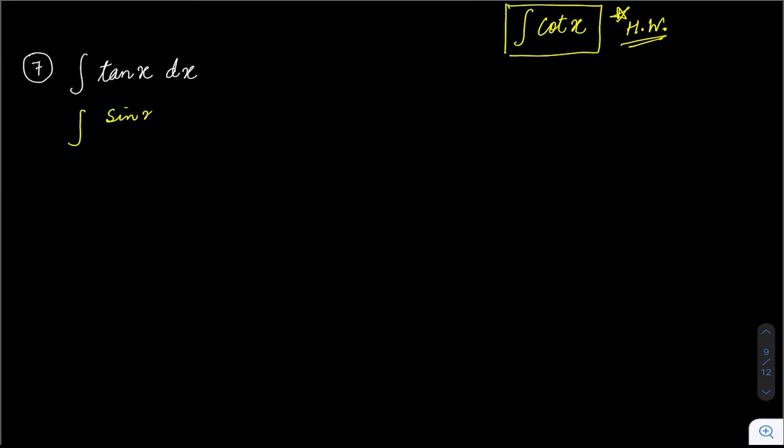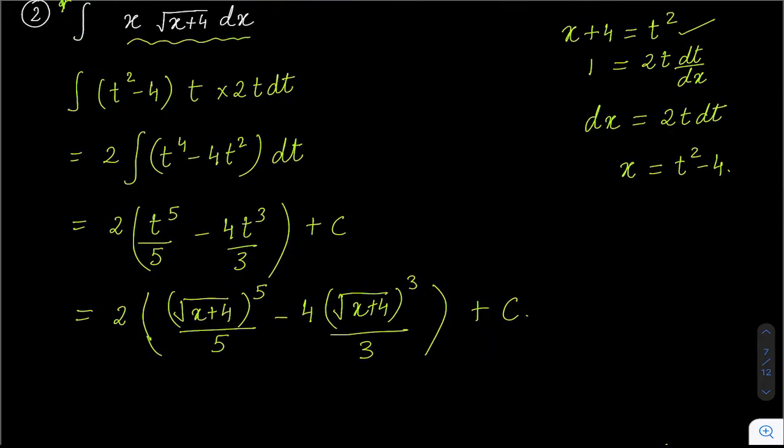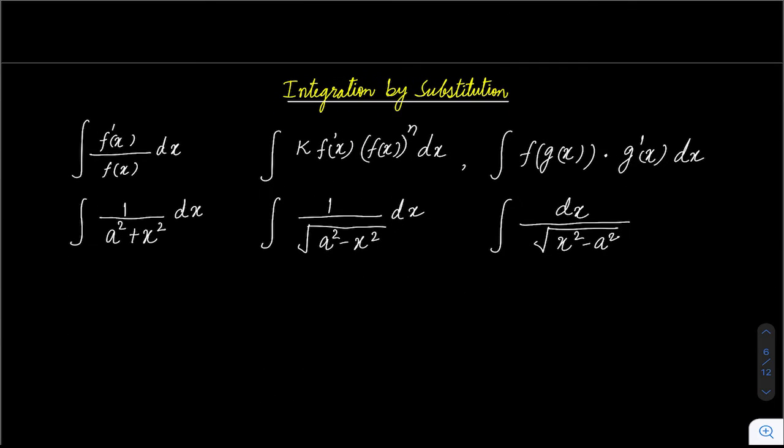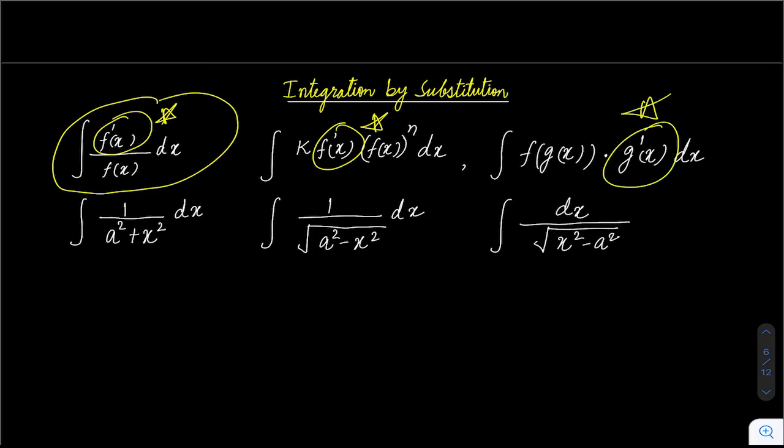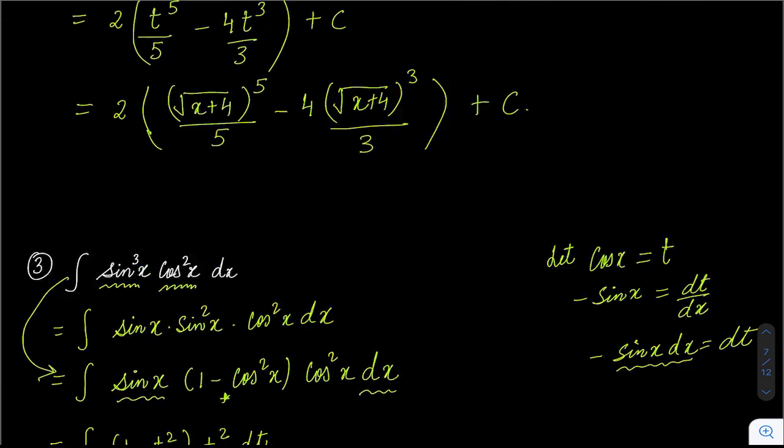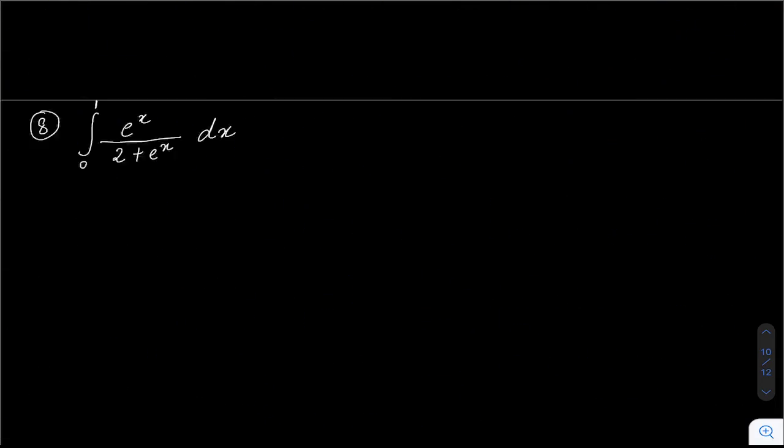sin x over cos x. So you can write it like this. Now I think you will see how easy this is. Now it has sin x and cos x. So I will use one as substitution. So obviously I will use cos x as t, because normally what we do is, if you look at the function that we studied, f x is always in the denominator, or you can say f x can be anywhere, but this f dash x has to be in the numerator, like this. Okay, so that's why in this we will take